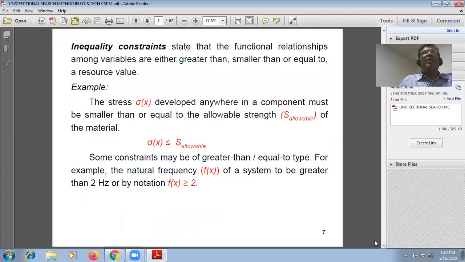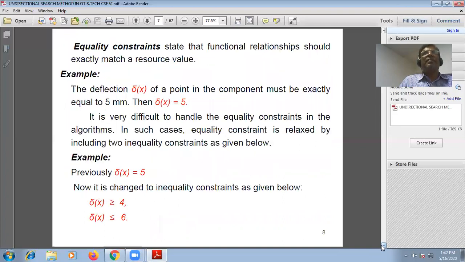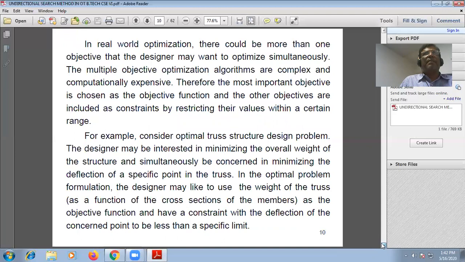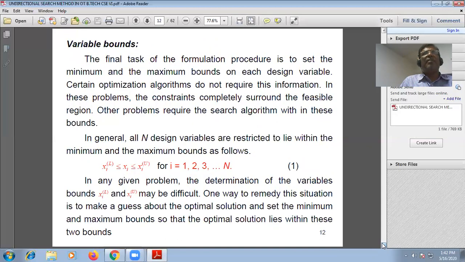Then inequality constraints like this, this is not equal to, this is the inequality constraint, and this is equal to something, so this is the equality constraint. And variable bounds is here: xi lies between this and this. This is the lower and this is the upper bound.